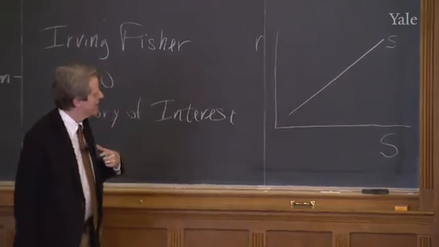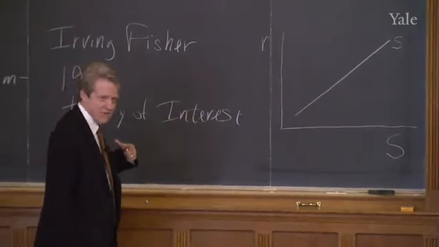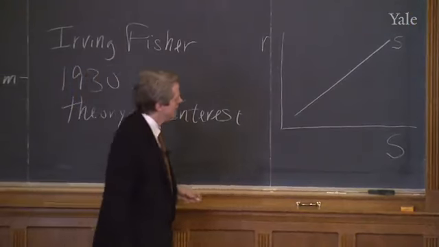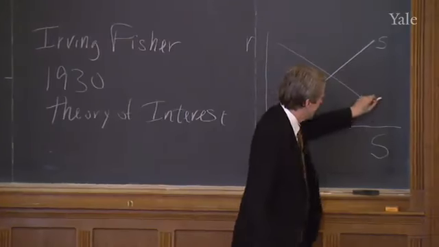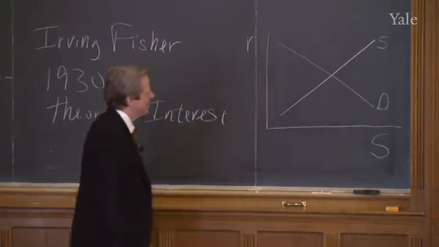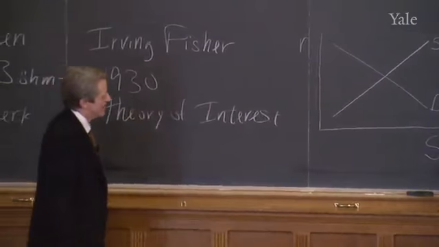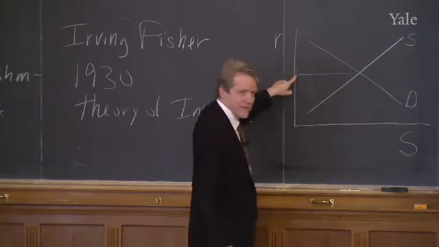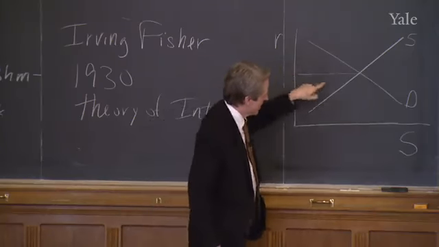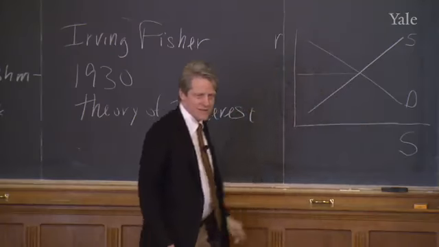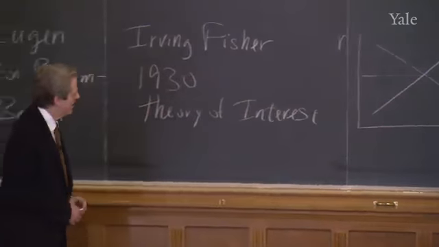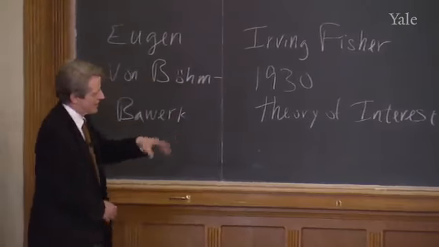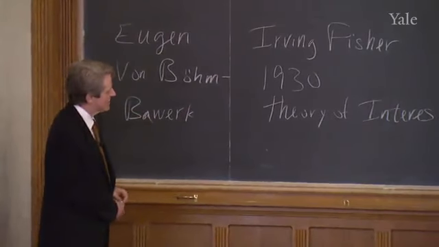The lower the interest rate, the more they'll demand. So we have a demand curve for saving. And then the intersection of the two is the interest rate. Well, it gives the interest rate on this axis and the amount of saving on the other axis. That's a very simple story. And that's what Fabozzi covers in your text.